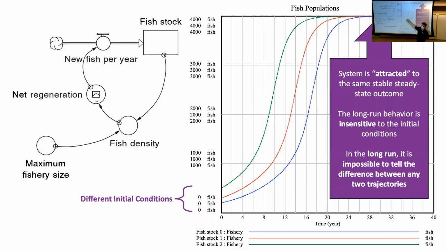I think all of the systems we've looked at this semester have had this property. If you had a major change in initial condition, like if I make the initial fish density 0, it isn't going to grow, it's going to stay 0. But if I make it 1 or 100 or whatever, it's really robust to initial condition. It always ends up at carrying capacity. This is not a chaotic system.